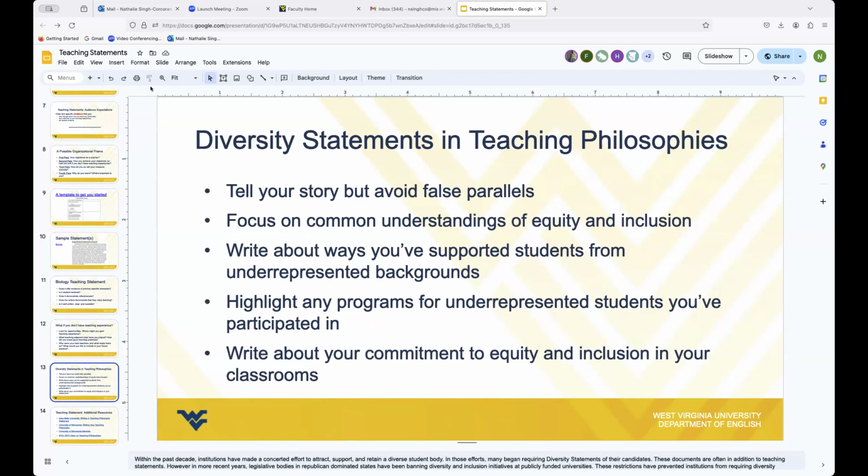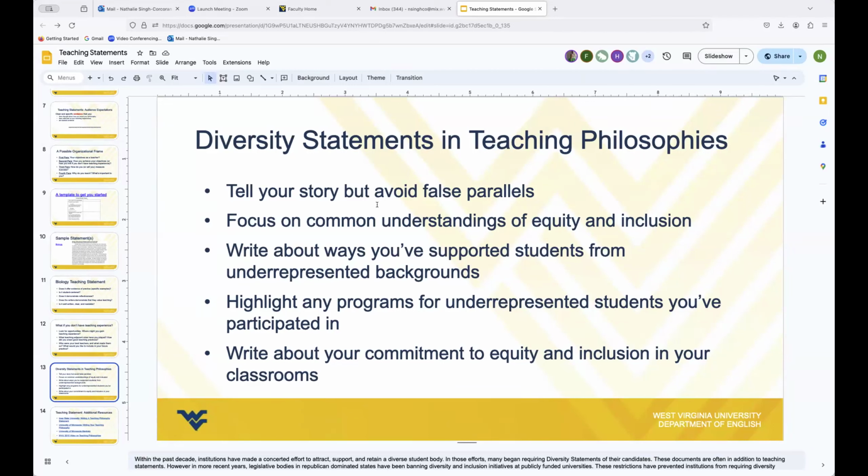Okay. And then the last slide is on diversity statements. There's enough content to do an entire presentation on diversity statements, but just a word on them. I would say diversity statements are relatively new to job application portfolios. What they ask folks to do is to show the ways in which they've participated in or forwarded inclusive excellence in research, teaching, or service at their institutions. However,